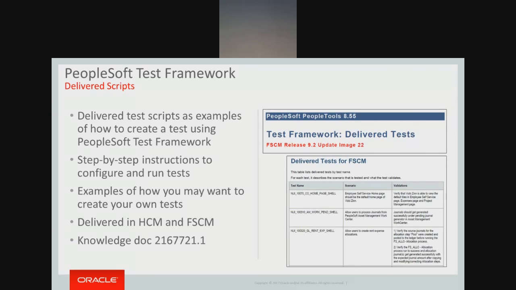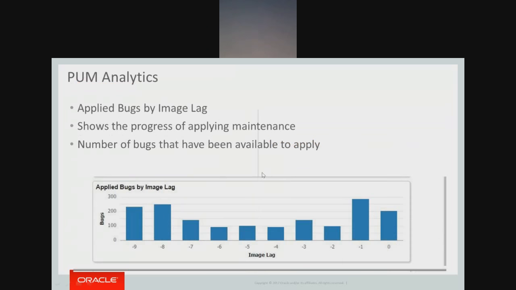Once you start creating test cases and have a library of test cases, if you're going to have developers doing development work, or selectively adopt some functionality from a new PUM image, you can take whatever change you're going to move into your PeopleSoft environment, and you can compare